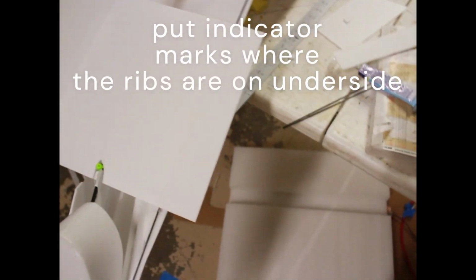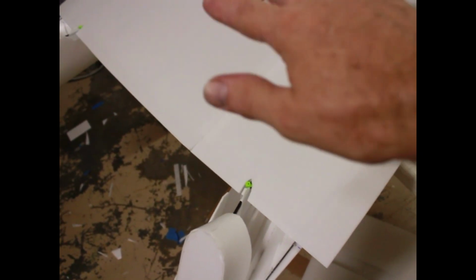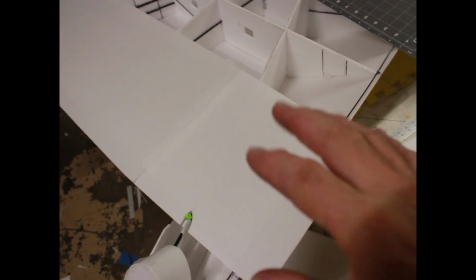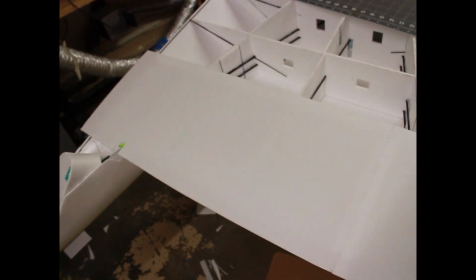Something else I did before I glue this down with the foam tack glue: glue one side, and then you set it on there, just right where you need it, and push it down, and then you remove it and rub it to where it's tacky. And if you have to add more glue, like if it didn't get a complete coat, then add more glue and then kind of rub it to where they're both kind of barely tacky, and then you can put it back on there, and then it'll almost instantly be on there. So that's the reason why we're doing this, because we need